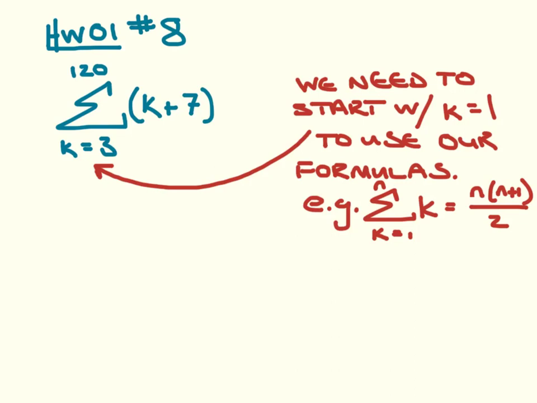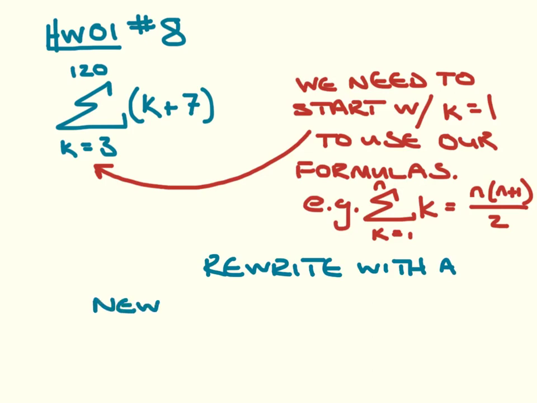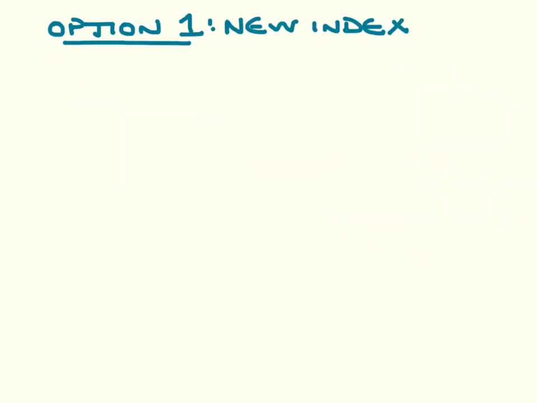The first of these options is to rewrite this summation with a new index which does begin at 1 rather than 3. And I'm going to give this a new name. We're going to call it j, and we're going to let j equal k minus 2. By doing so,